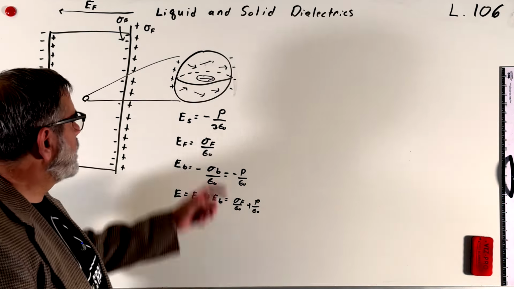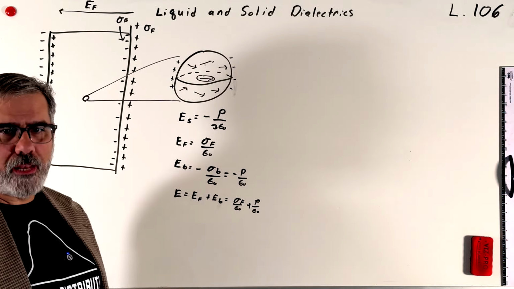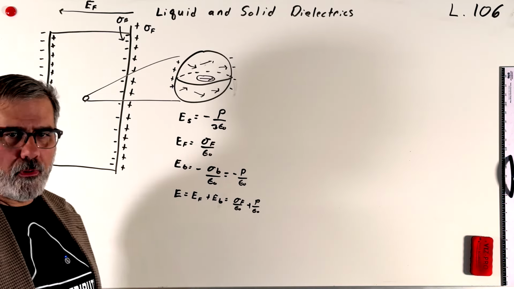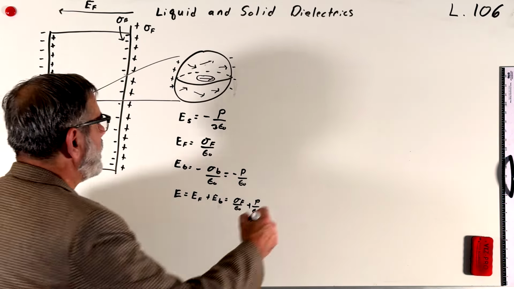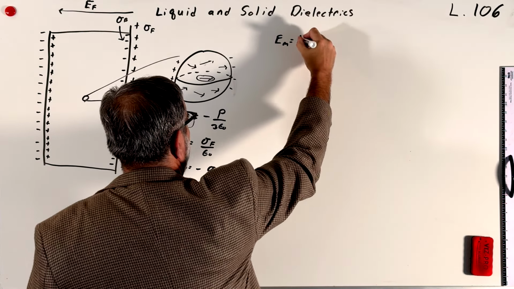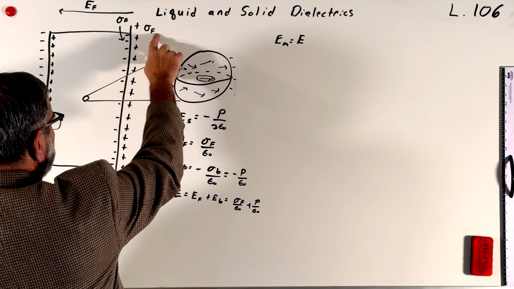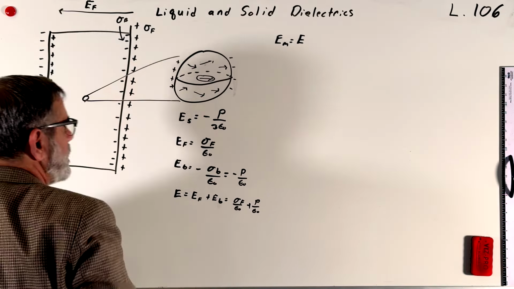But what I'm really interested in is what electric field a dipole at the center of this sphere is going to feel. Okay? So I'm not going to include that dipole in any of the calculations, but I want to know the electric field that it feels. And it's just really the sum of all of these fields. So you've got this macroscopic field E, which is composed of the contributions from the free charge density and the bound charge density inside the material,